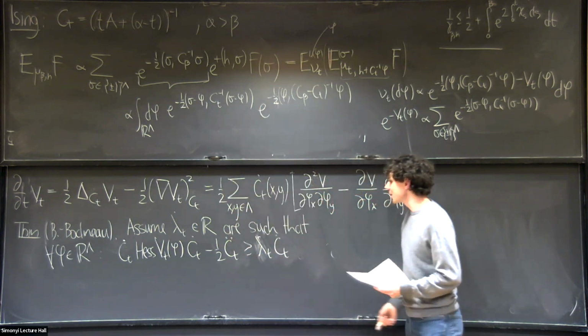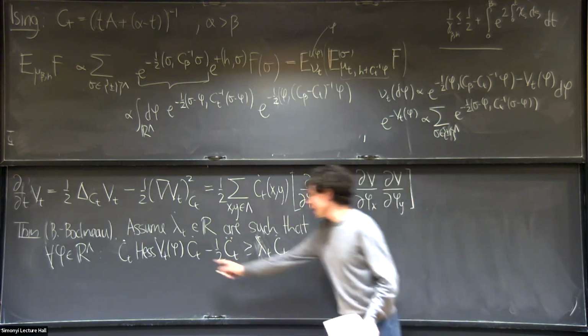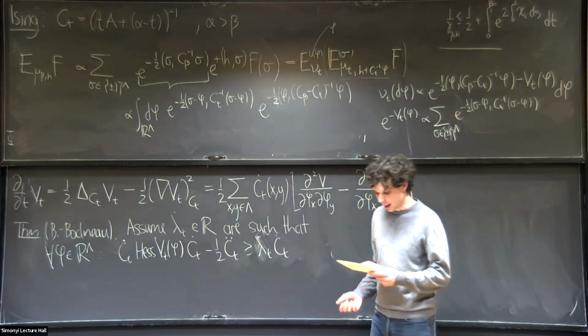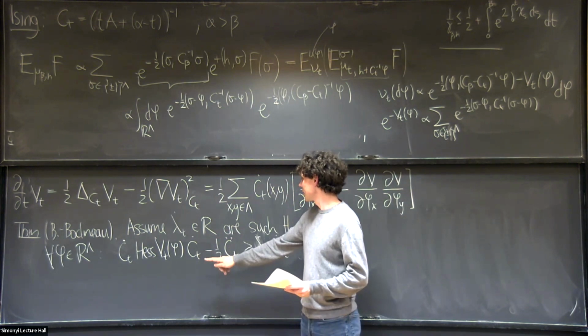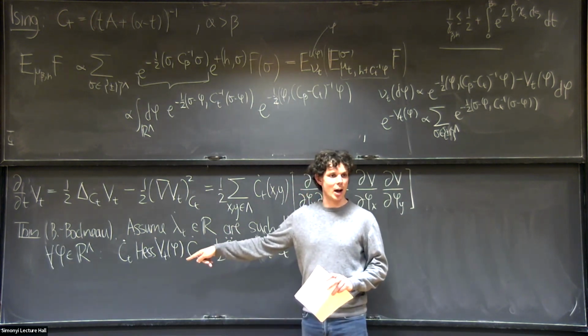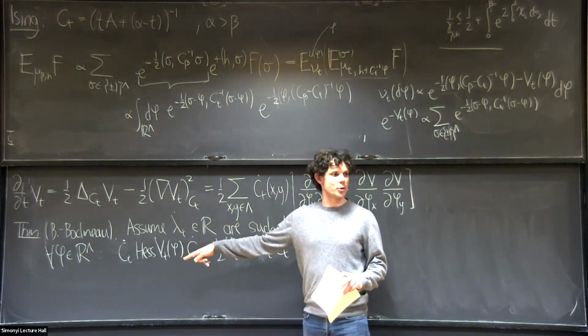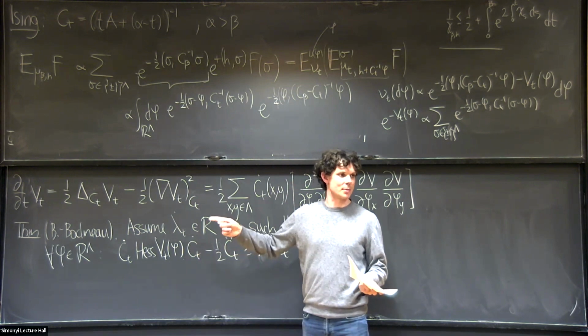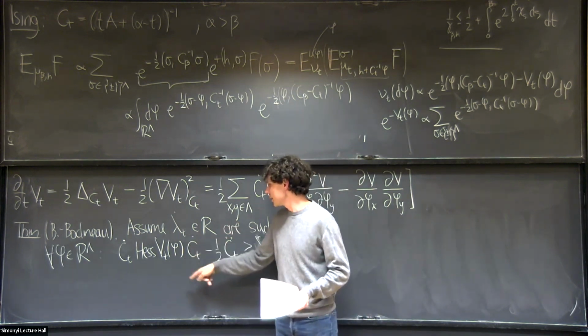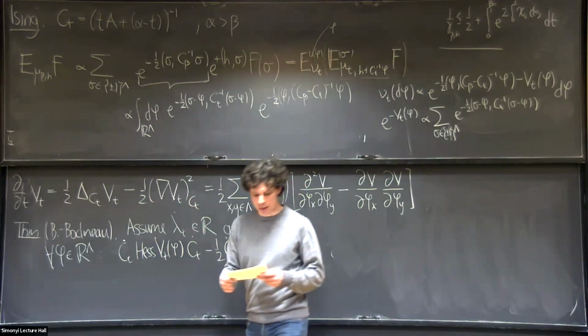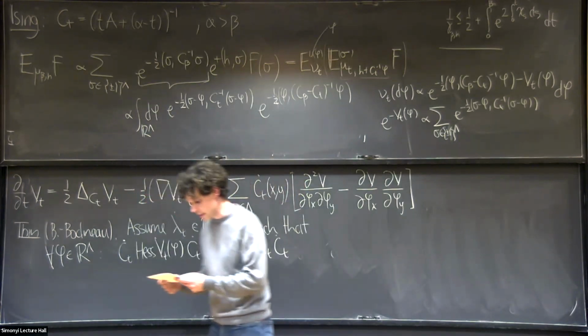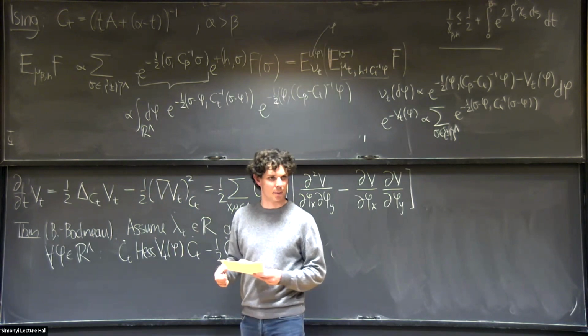So if you have this quadratic form bound on the Hessian of VT, and I'm going to tell you in a second that while this may look intimidating right now, it will be reduced to a condition only involving the susceptibility. We just plug in explicitly what these are. I'll show you in a second. I guess my time's almost up, so maybe I can show you that and then I finish.